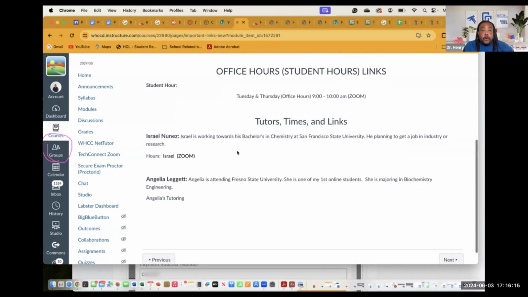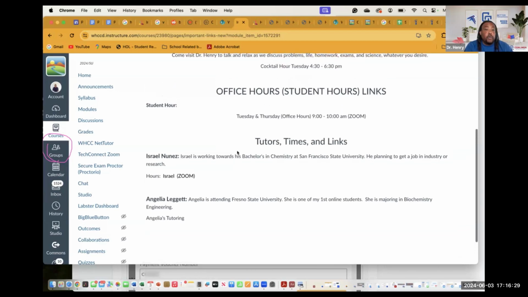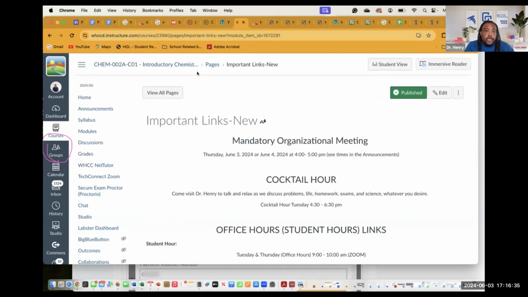And so you'll have that for both courses, my course and Mrs. Kumari's course. So if you don't want to talk to me, you can talk to the tutors. They're more related to you. We also have tutors that are going to be on campus as well. And so we'll be able to help you guys in those ways too. And so I'll give you all of that information that's going to be available on this link. Okay. The other thing is,